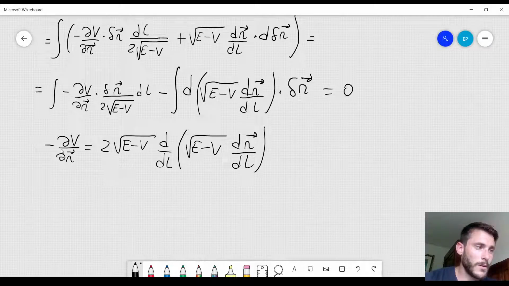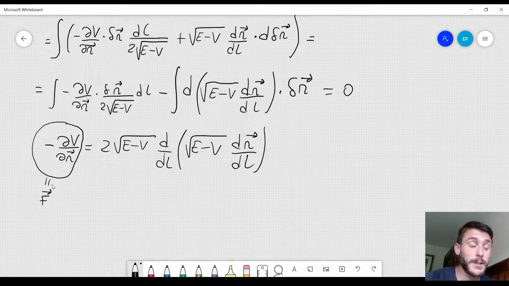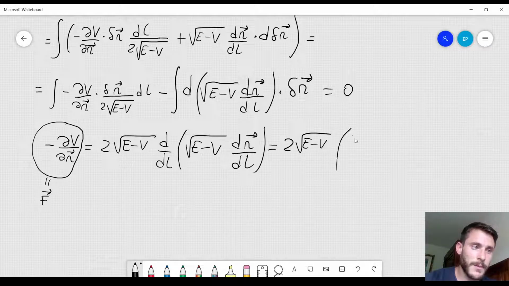And now we can rewrite the gradient of the potential energy with a minus sign as a force. This is the force acting on the particle by definition. And then here on the right hand side I can take this derivative. So this is equal to 2 square root of E minus V, and then I have 1 over 2 square root of E minus V,